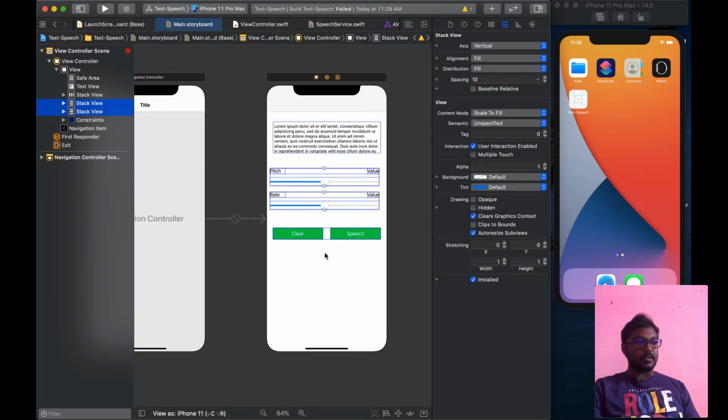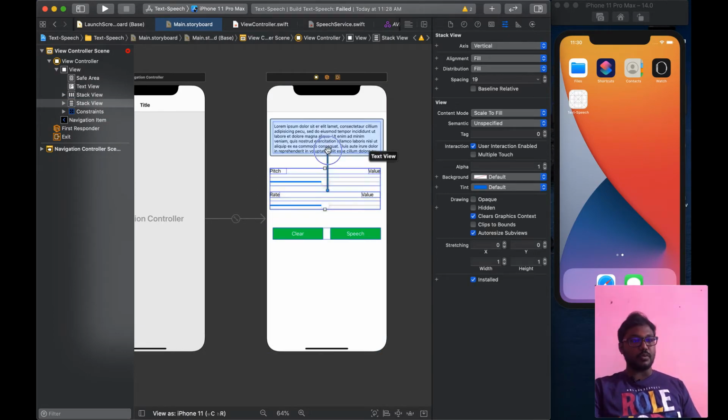Then I am grouping the two, pitch as well as rate, into the stack view, so that a group of customization we can do it.